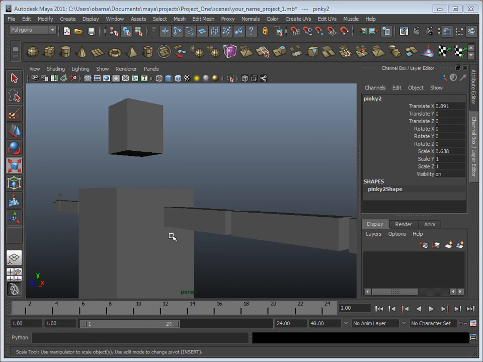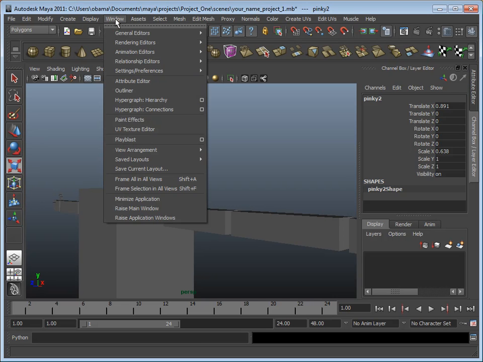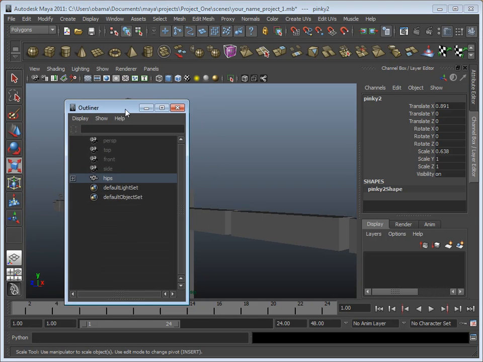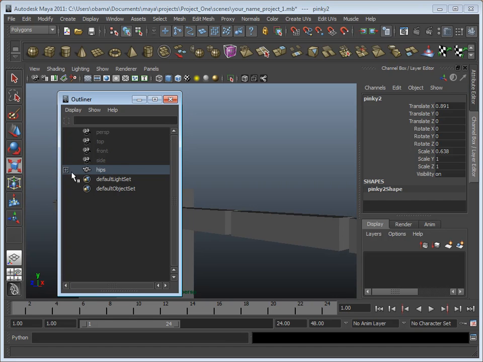There's a nice window that can be helpful for this. One of the easiest windows to find is under Window, and then we're looking at the outliner, and when that pops up, you can see that all we can see is our hips unless we open this up, and then we can see all the parts that are parented off of the hips. And if we want to unfold the whole thing all at once, if you hold the shift